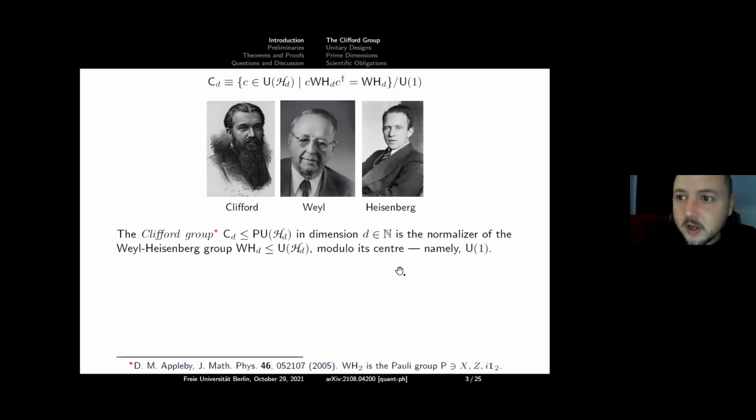The Clifford Group is the normalizer of the Weyl-Heisenberg group in dimension D modulo its center, namely U(1). I'm actually a little embarrassed. I hadn't realized Clifford died so young. Clifford died when he was 33. I first started reading Clifford when I was interested in the quaternions. He is also famous for a premonition of relativity, right? And also, Clifford laid a lot of the groundwork for the low dimensional Lie groups and Lie algebras that would come in the centuries to follow, right?